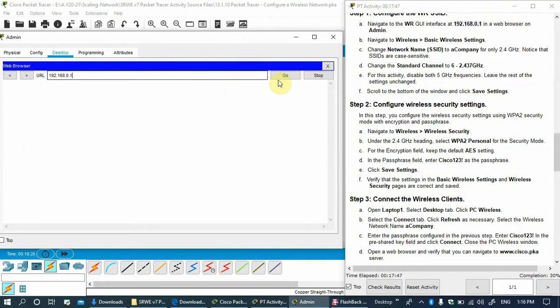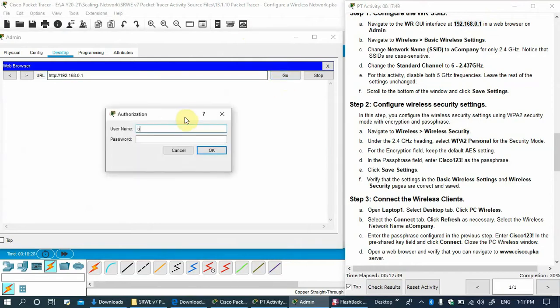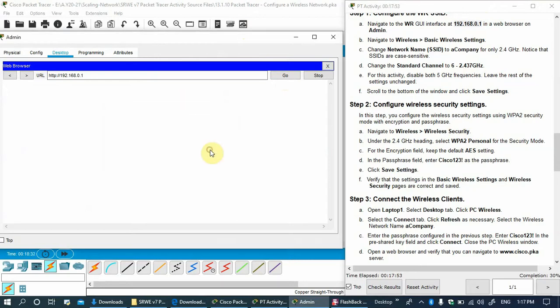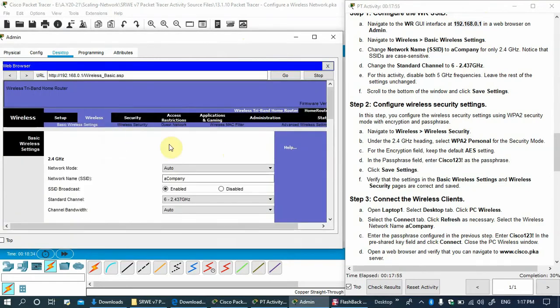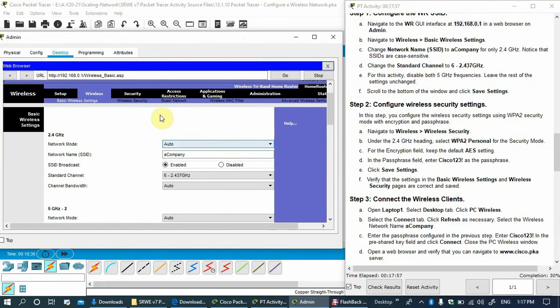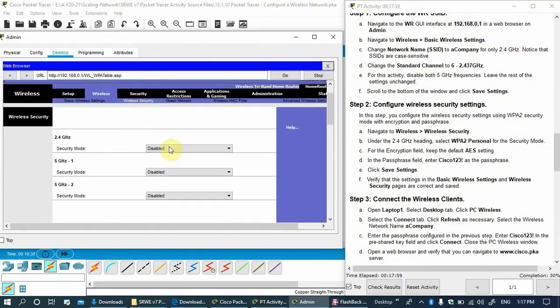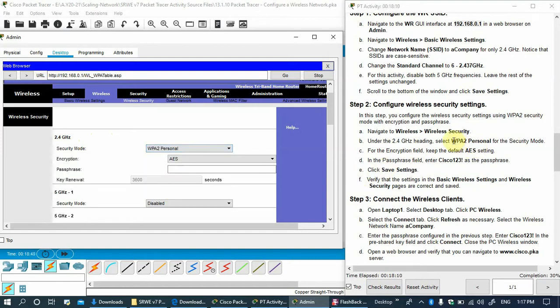This is the IP, admin, click OK, wireless setting, and wireless security. Wireless security is disabled, so for this 2.4 gigahertz we need to enable WPA2 personal security mode.